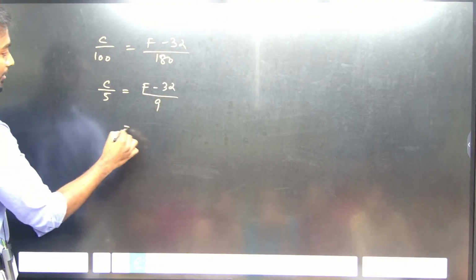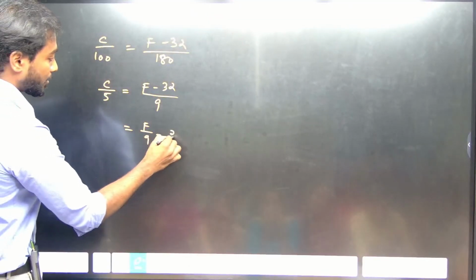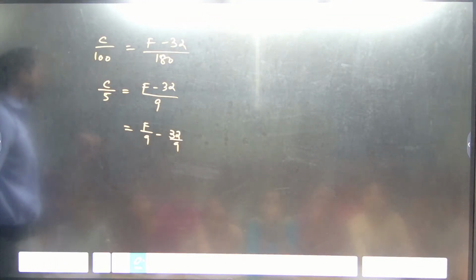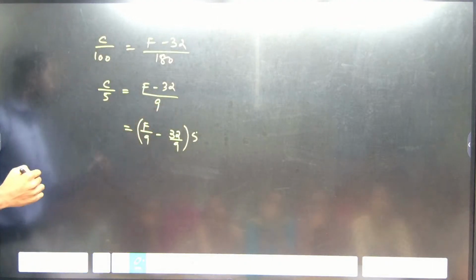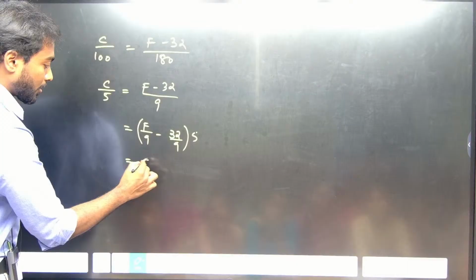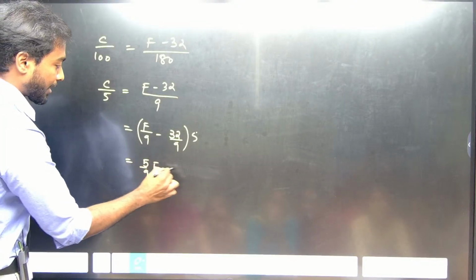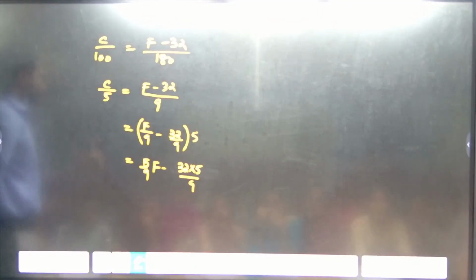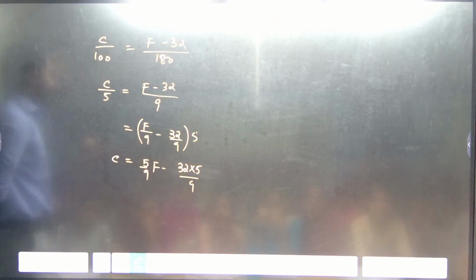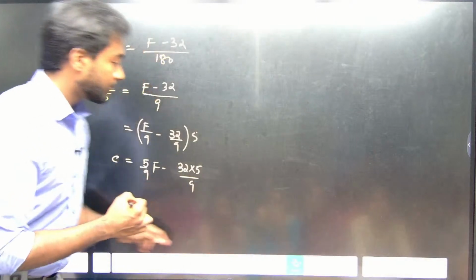So can I write this as F by 9 minus 32 by 9, into 5? I have taken this 5 to the other side. Which is nothing but 5 by 9 F minus 32 into 5 by 9 equals C. Is this looking like